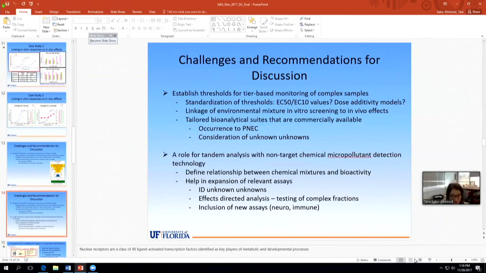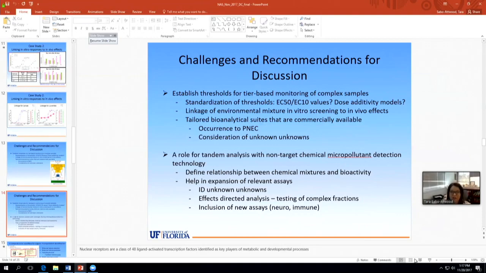It's a field which is evolving to combat the bottleneck of our ability to identify chemicals in complex water samples with confidence. Performing such analysis will help to define the relationship between chemical mixtures and bioactivity and support effects-directed analysis, where levels of bioanalytical measures can be associated with select chemical fractions. And finally, enhancing our chemical database of environmental samples can inform new and perhaps better directed assays for chemicals we have not yet focused on, such as neurotoxins or immune-based compounds.